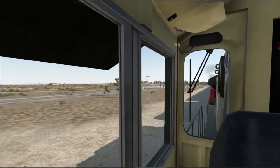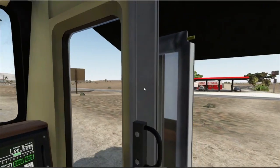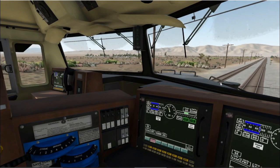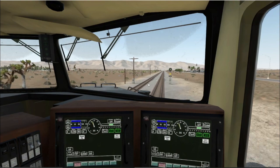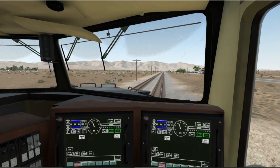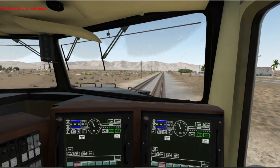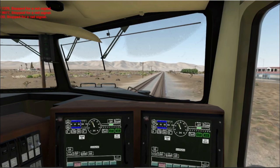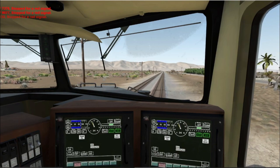Been to Mojave before. It's a really rundown old desert town. You could tell probably in the 80s it was alright, but not anymore. But that's how a lot of California towns are now. I mean, San Bernardino used to be one of the nicest towns in the United States. I think it was the nicest town in all of California at one point. I mean nicest, I mean like wealthiest,